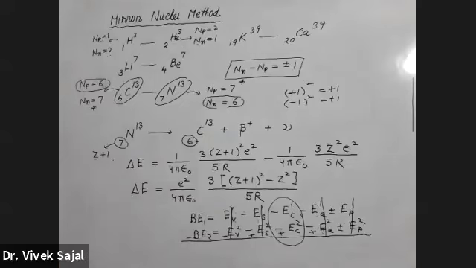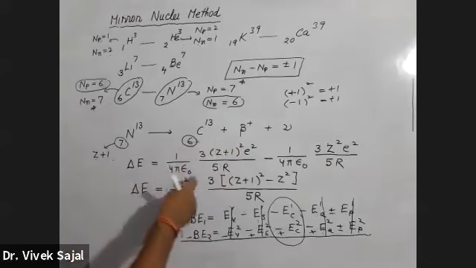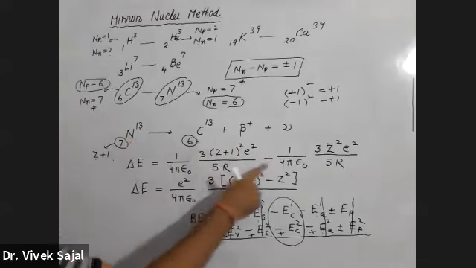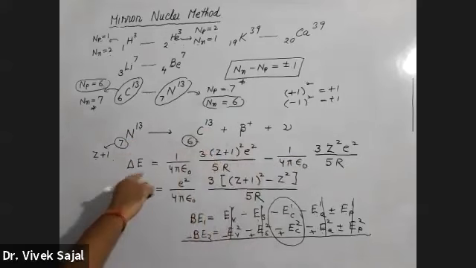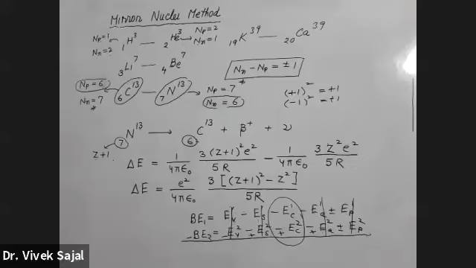Only the Coulomb energy term will survive when you are calculating the difference between their binding energy. So here, this is the Coulomb energy term for this nucleus, and this is the Coulomb energy term for this nucleus. Basically, the energy released will be equal to the difference of the binding energy of two nuclei. Or you can say this energy released is equal to the difference of the Coulomb energy term of both nuclei. The other four energy terms will be cancelled out.